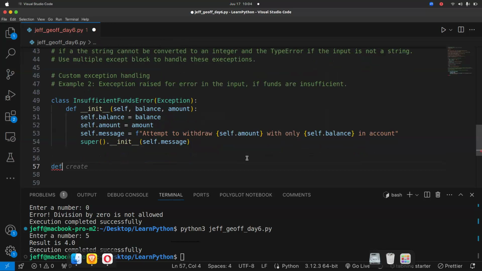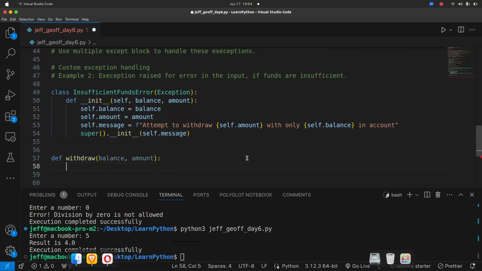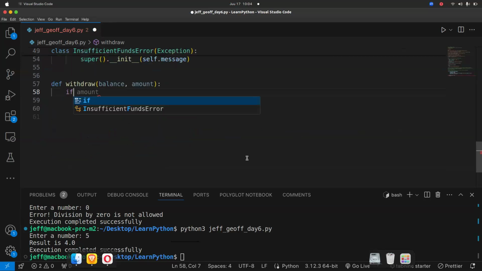Then we'll try to withdraw. The withdraw method can take in what? This time we can take in a balance and amount. Then we can write a simple logic here because we did have if together, right? If amount is greater than balance, we need to raise an exception. If what you want to withdraw is greater than balance, what do we need to raise?